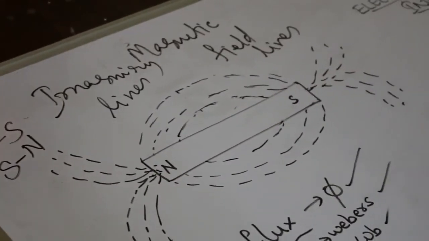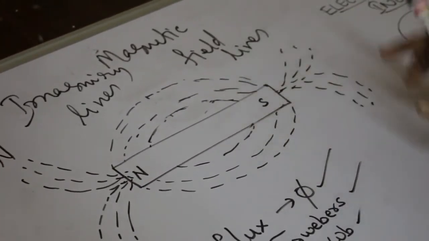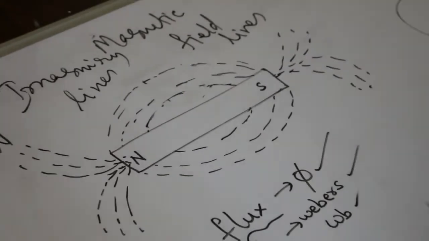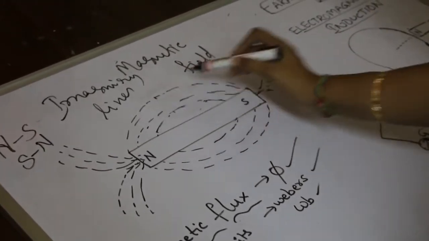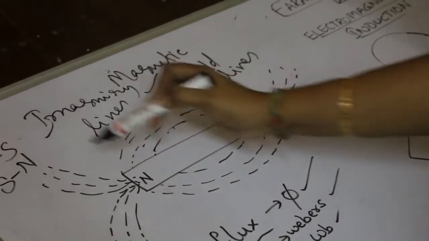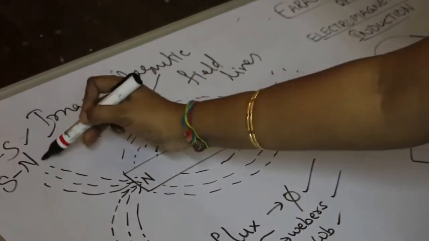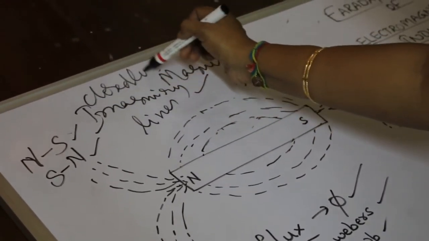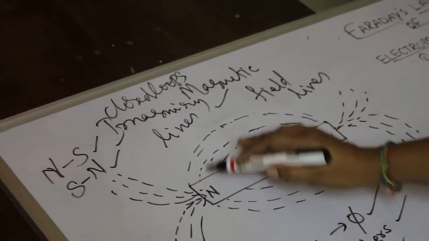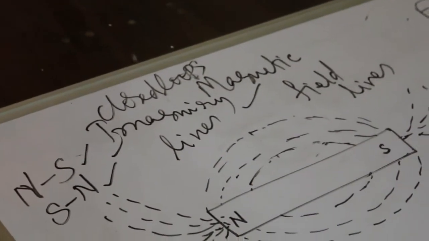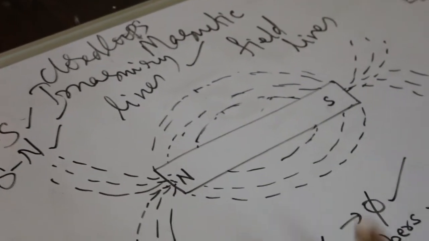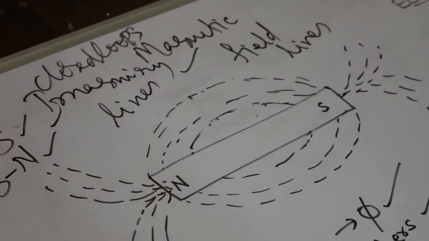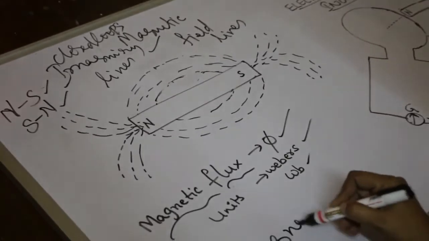In the case of a solenoid, you can observe clearly the magnetic field lines extending from south to north inside the magnet, because the solenoid will behave like a magnet, right? These magnetic field lines, imaginary lines, are extending from north to south outside, inside south to north, and we can conclude them as closed loops. And the main thing is that these magnetic field lines which are extending around the magnet will constitute the magnetic field.